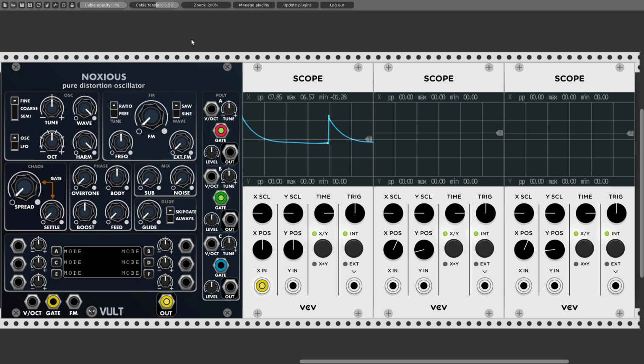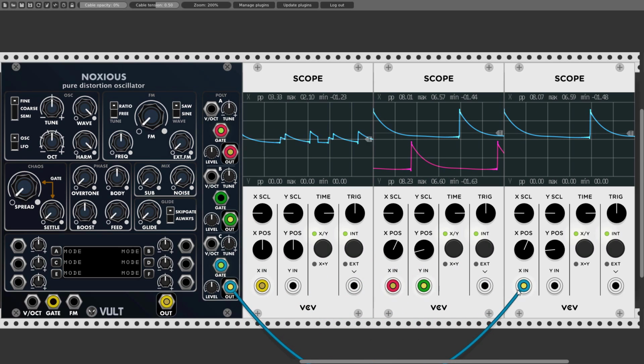Now, they will not be active as long as nothing is connected to their volt per octave inputs, or until we connect them through their individual outputs. So let's have a look at them on the scope, and you can see that when I start connecting them, the main oscillator's wave shape is changing. Now it's also possible to take them out of the mix and use their individual outputs only, and they all have their own gate inputs, so the chaos function will be triggered independently from the main oscillator.